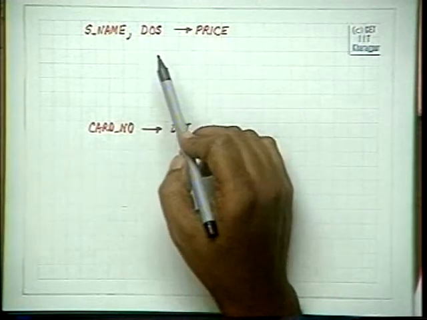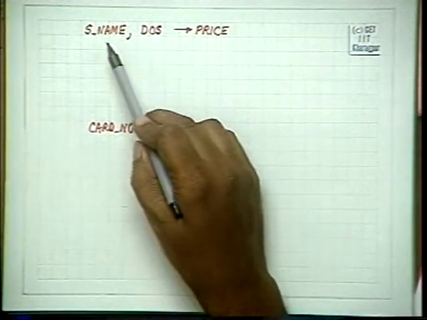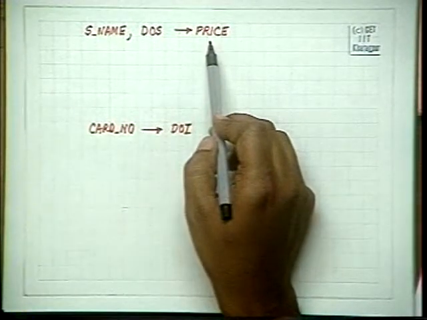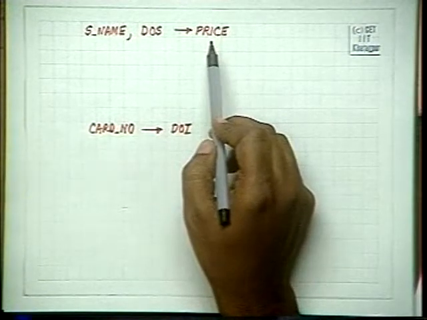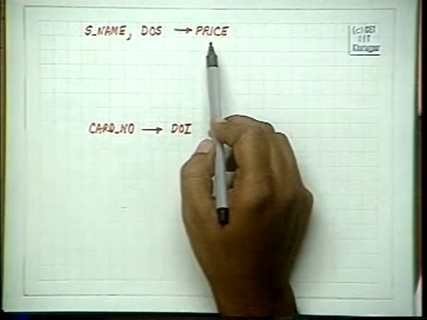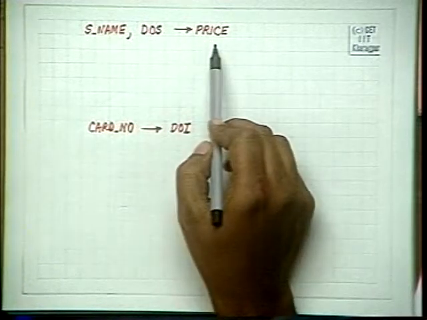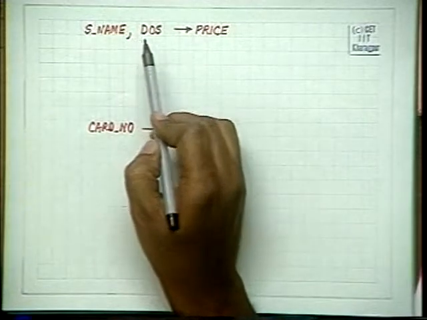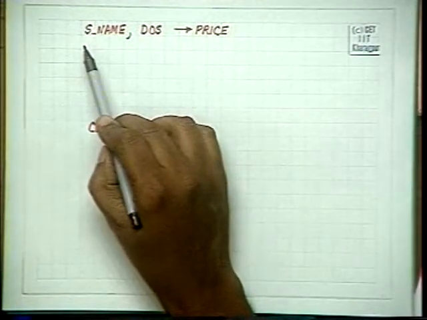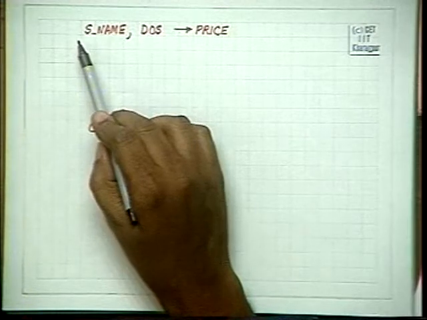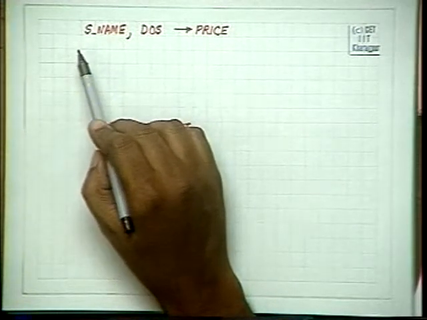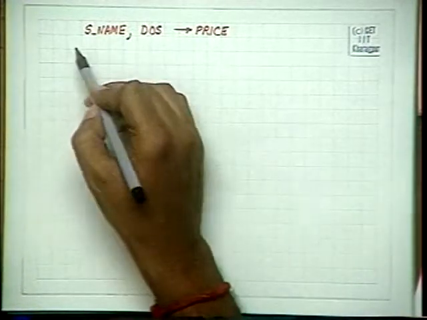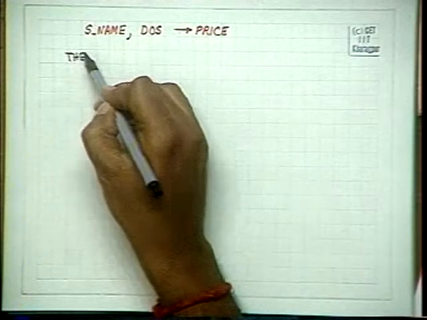The implication which we tried to convey was that the same supplier on the same date can supply only one book, but that is not true. If there are two books which he has supplied, but they have the same price, then that is also allowed. That is, the same supplier can supply on the same date two books which will have two different accession numbers. Therefore, there will be two different tuples in the SUPP sub relation, but their price will be same. So, this means that the same supplier